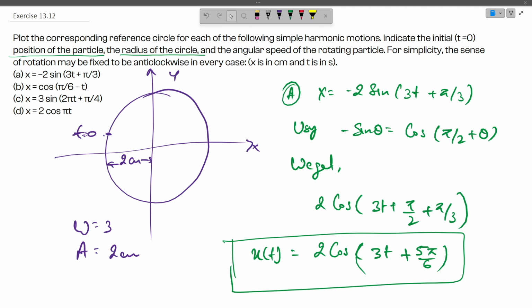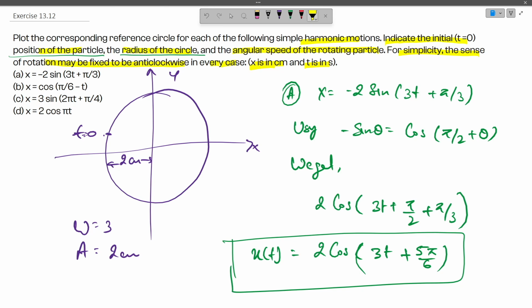The question says that plot the corresponding reference circle for each of the following simple harmonic motions. Indicate the initial, t equals to 0, position of the particle, the radius of the circle, and the angular speed of the rotating particle. For simplicity, the sense of rotation may be fixed to the anticlockwise direction, and in every case x is in centimeter and t is in seconds. So we have to plot four circles